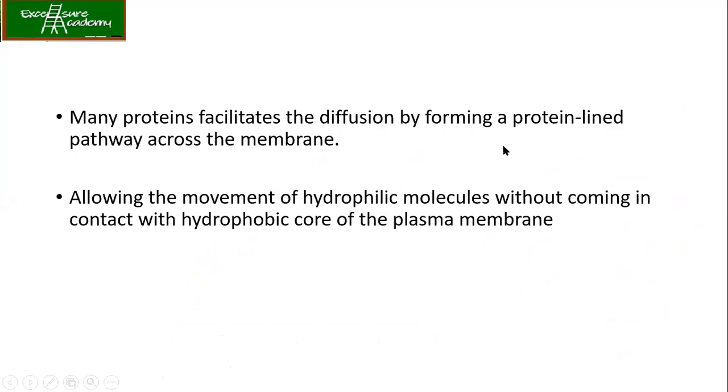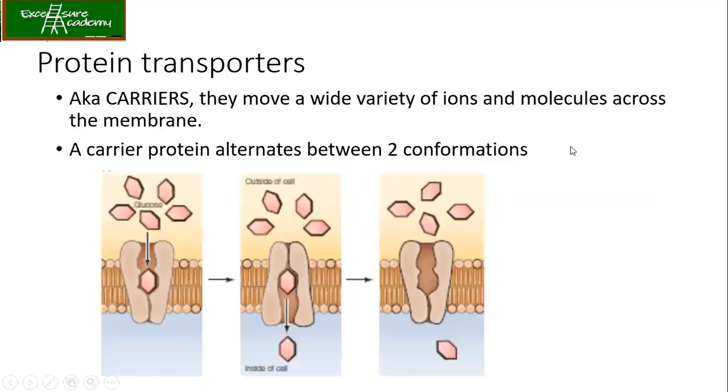We know that glucose is a polar molecule and it cannot cross the plasma membrane directly, correct? So in order to help glucose move, there are certain transporters or carrier proteins which go and bind, and in between they have a hydrophilic core, right? From that hydrophilic core, it makes contact with the polar molecules, making hydrogen bonds, allowing them to cross the hydrophobic lipid core of the plasma membrane. So they are nothing but the transporters. This is one of the examples I've shown over here, and this is exactly how your GLUT transporters work.